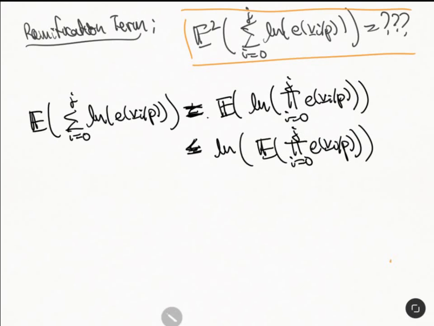Okay, and we saw how these expectations of products worked before. So this is the natural log of the expectation of a single one